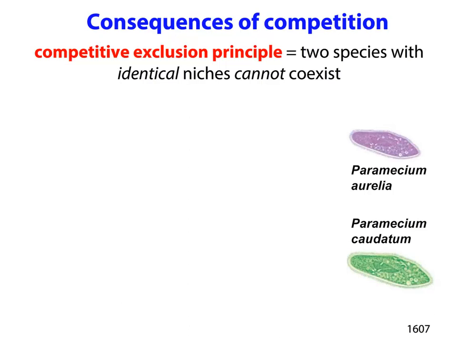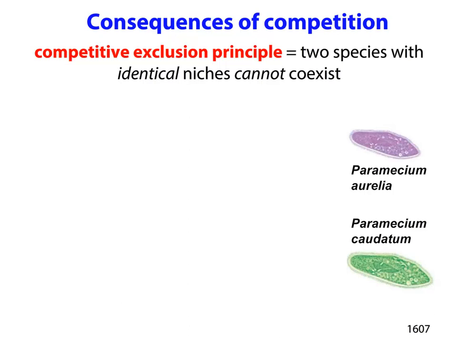Okay, so what this is actually showing you, go to your PowerPoint again, okay, because it will be there, is there's an experiment where scientists were growing paramecium species. Okay, now if they're grown individually, they will do fine and they will thrive. However, if you happen to rear them together, one species, the Paramecium caudatum, was always eliminated. Now the other species, the Aurelia, did suffer, okay, which showed that there was some competition, so it didn't do as well as if it was alone. However, the caudatum was the one that always was eliminated.